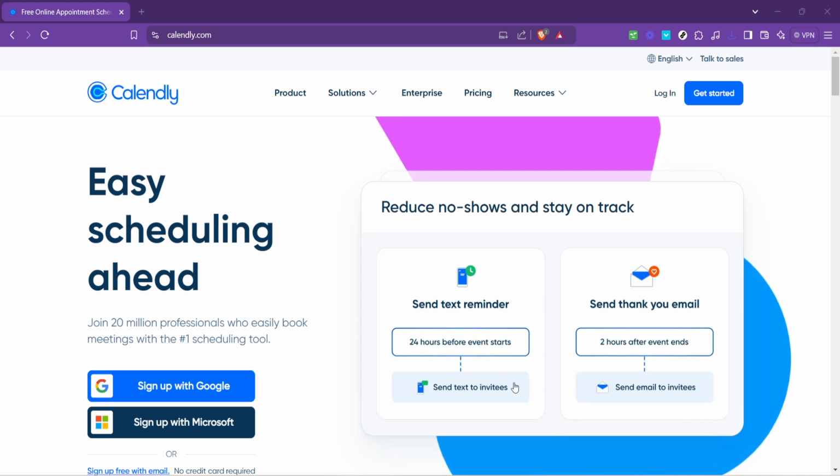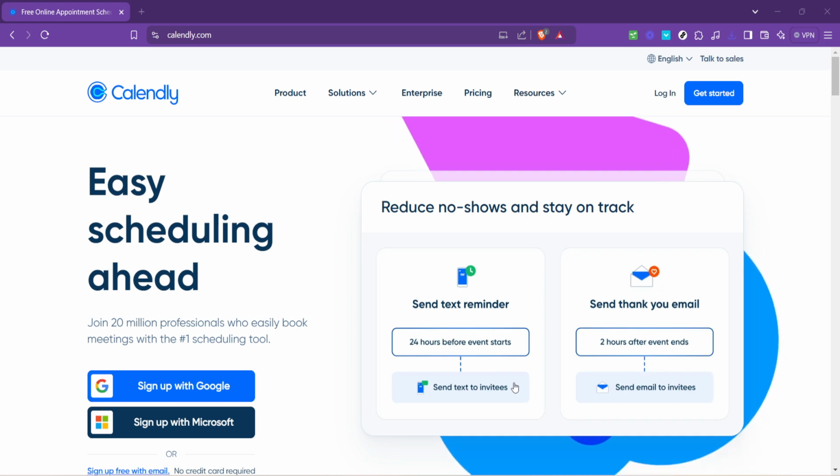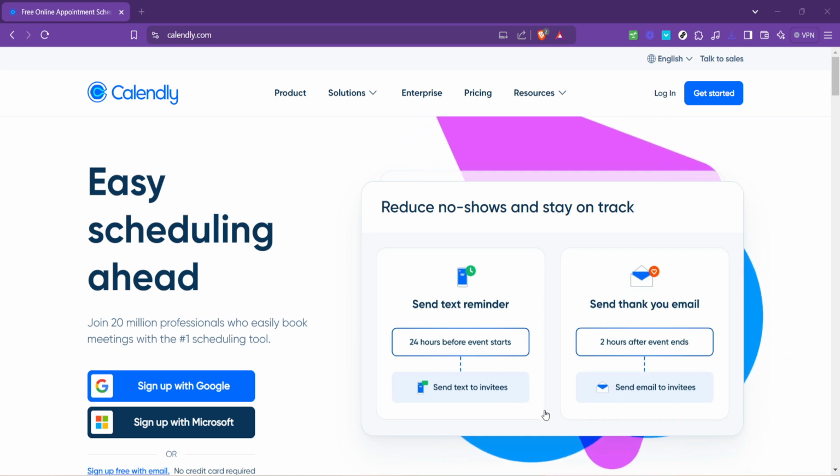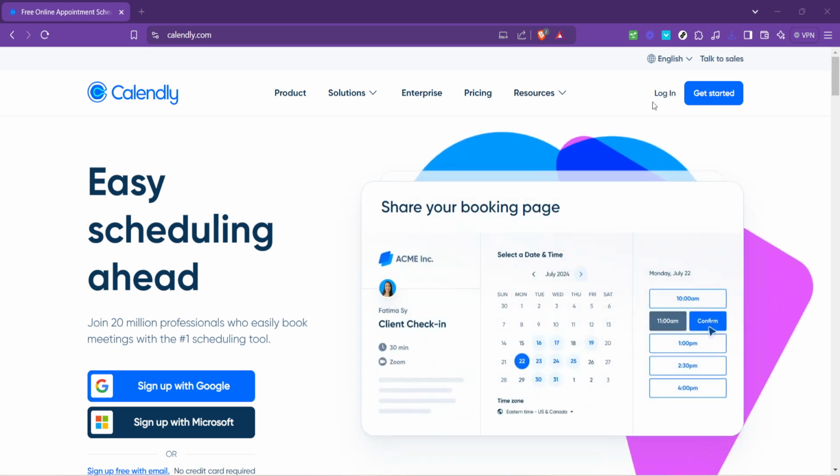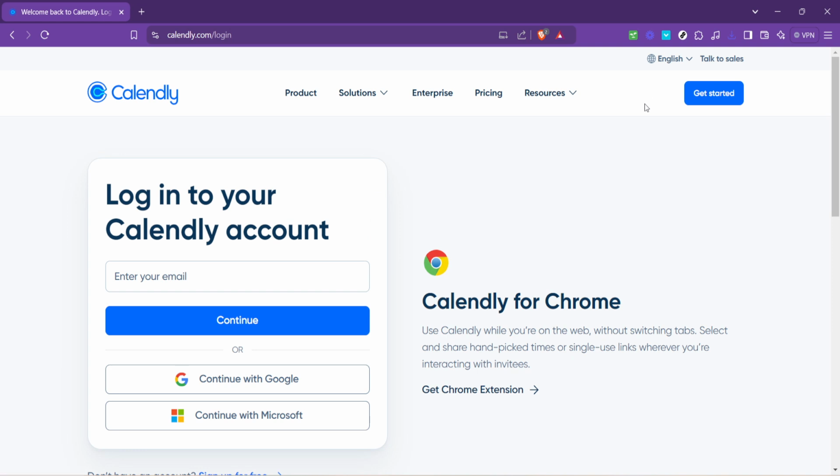You'll be greeted with the homepage of this powerful scheduling tool that has likely been a valuable part of organizing your meetings and appointments. Once you're on the homepage, locate the login button, usually situated in the top right corner of the page. Clicking on it will redirect you to the login page, a straightforward step to getting you closer